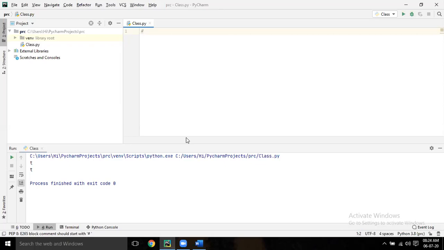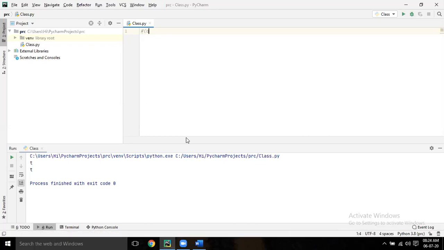Write a plus b whole square equal to a square plus b square plus 2ab. Okay. Prove it. a plus b whole square.